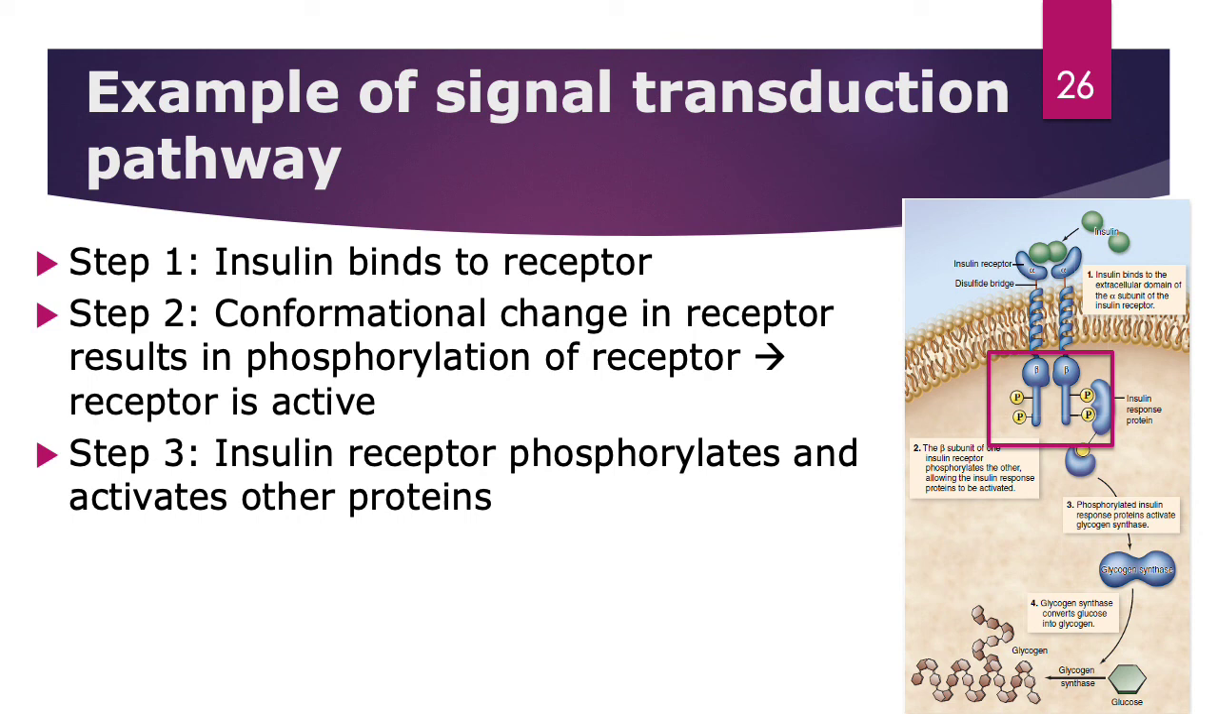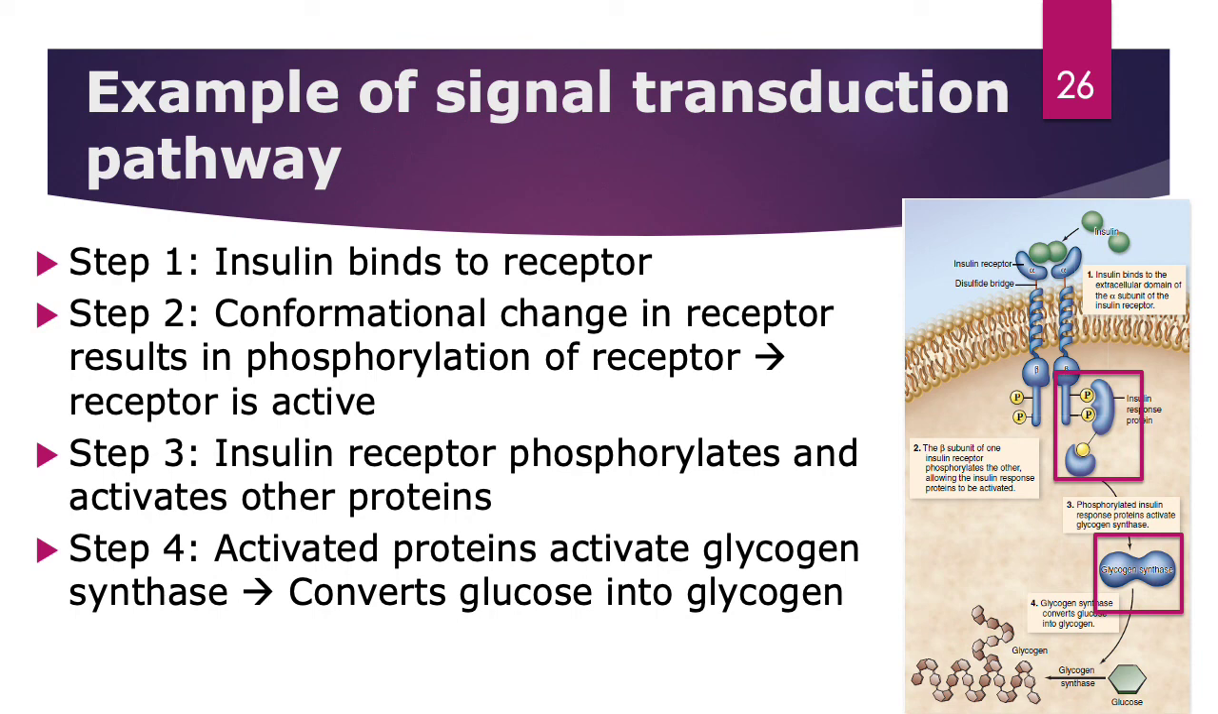For that, the phosphorylated tyrosines present on the receptor will form binding sites for proteins like the insulin response protein. As shown in the box in the figure, the insulin response protein is able to bind to the phosphotyrosines present on the insulin receptor, and this allows the insulin response protein to become active. Through the subsequent activation of other types of proteins, finally we will have an enzyme become active, which is the